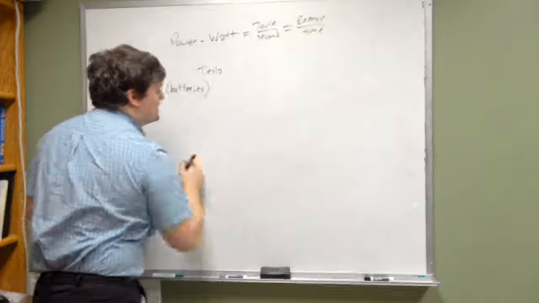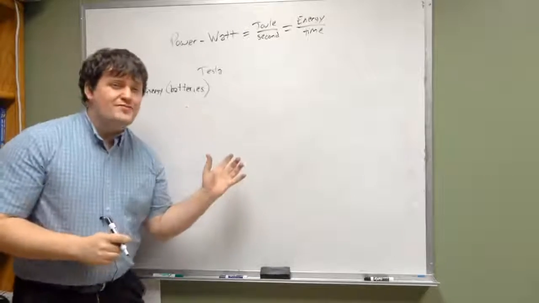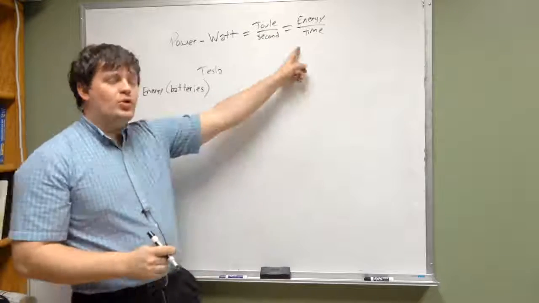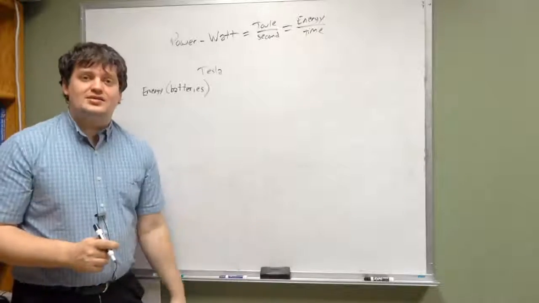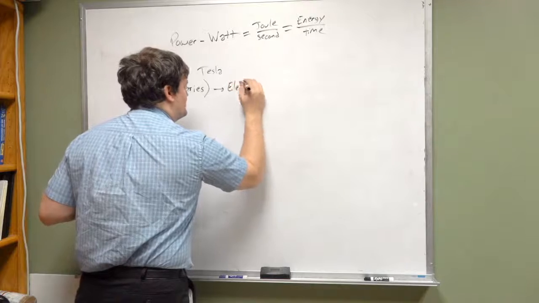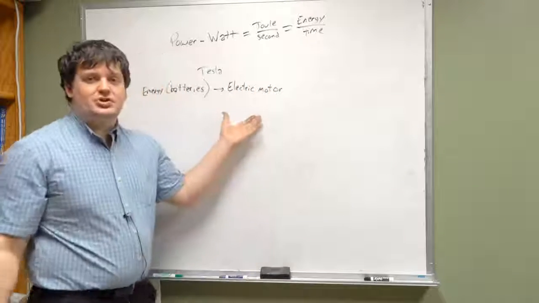Okay, it's got energy stored in batteries. Now, the amount of energy that is drawn from those batteries per time is power. So, how much power is being drawn out of those batteries then goes into an electric motor. In this electric motor,